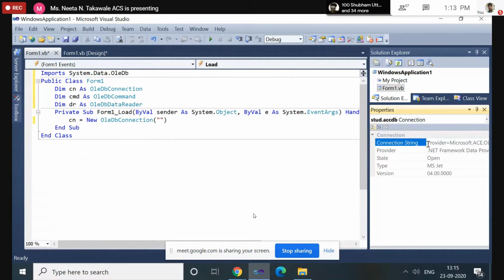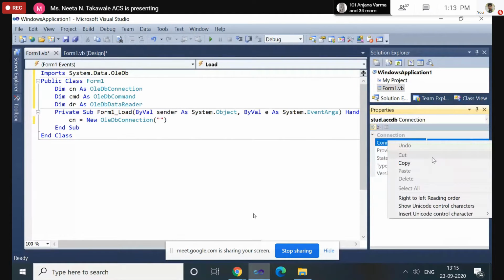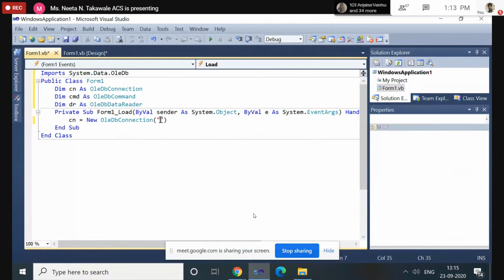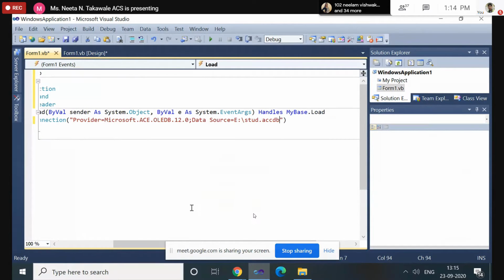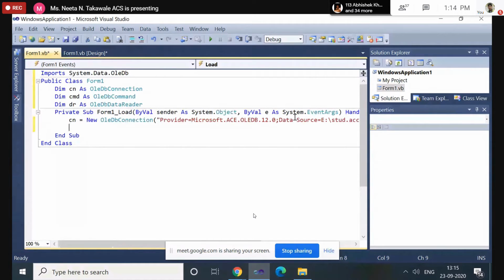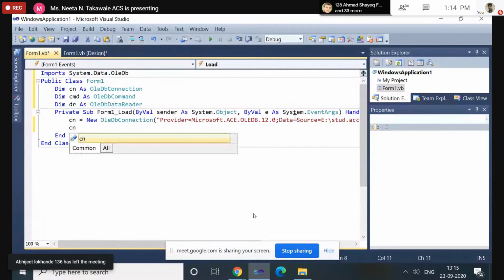There is one connection string attribute. Copy the value of that attribute and paste it here. Now we have established a connection with student.accdb.